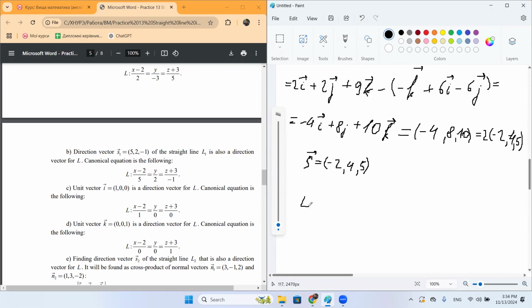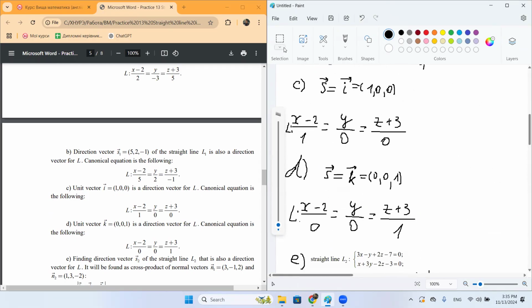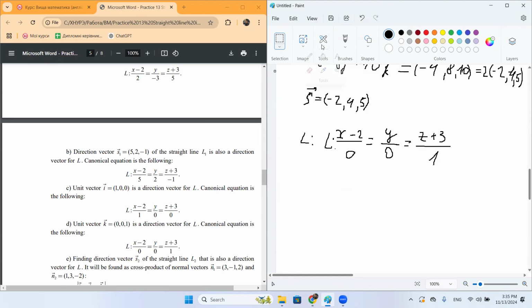The equation of a straight line L is the following. Let me copy and paste it again. So x -2 by -2, y by 4, z +3 by 5. Okay, and then